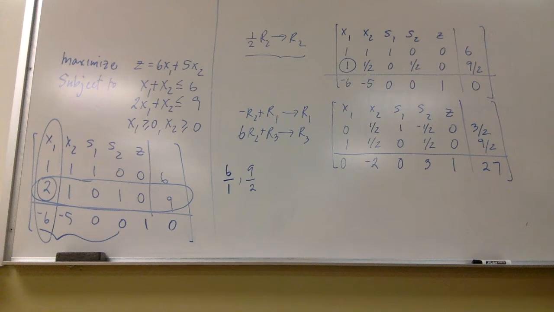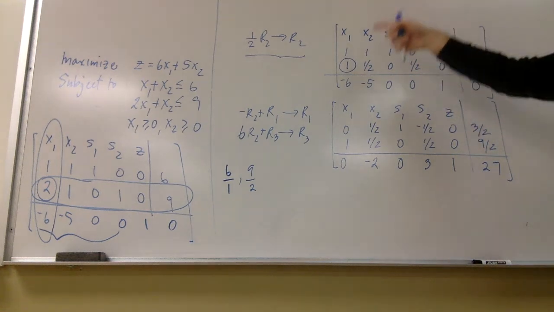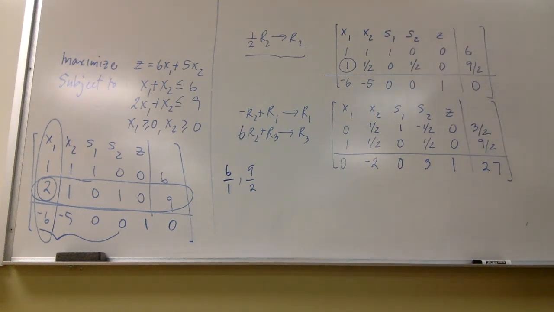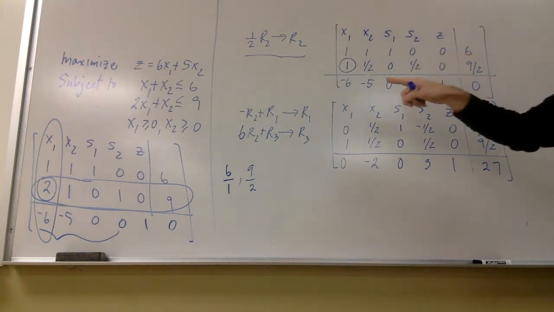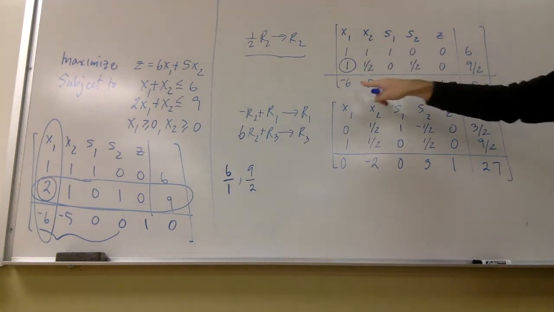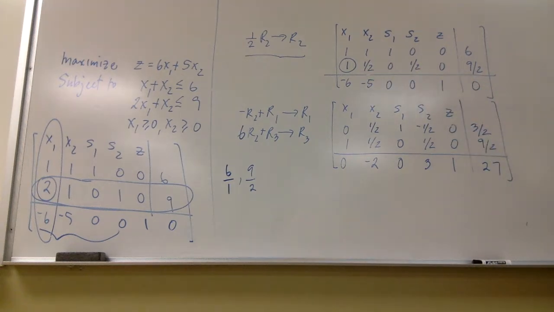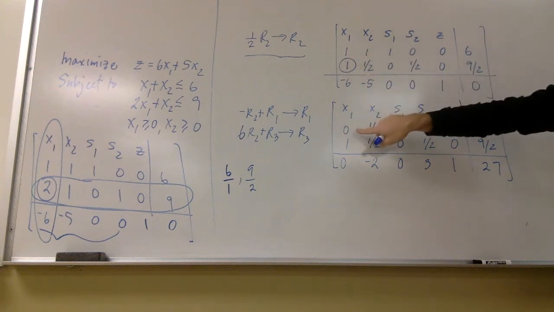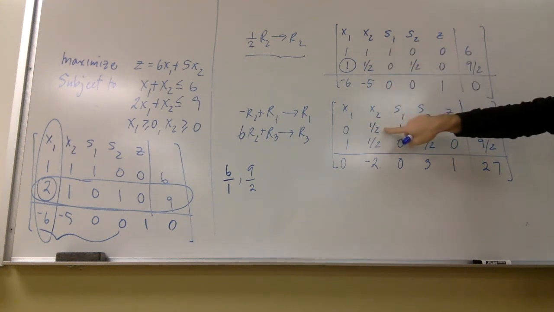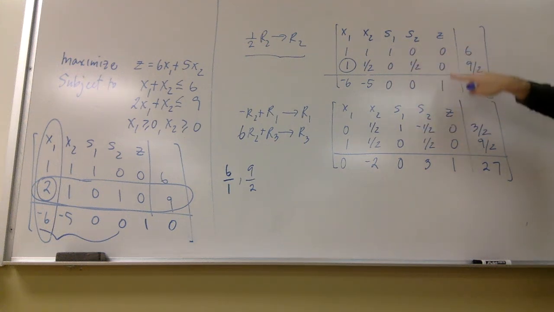The next step is to use the pivot to make the other entries that appear in the pivot column 0. Now we can do this by taking row 1 and replacing it by negative row 2 plus row 1, and taking row 3 and replacing it by 6 row 2 plus row 3. And if we do that, we have negative 1 plus 1 is 0, negative a half plus 1 is a half, negative 0 plus 1 is 1, negative a half plus 0 is negative 1 half, negative 0 plus 0 is 0, negative 9 halves plus 6 is 3 halves,